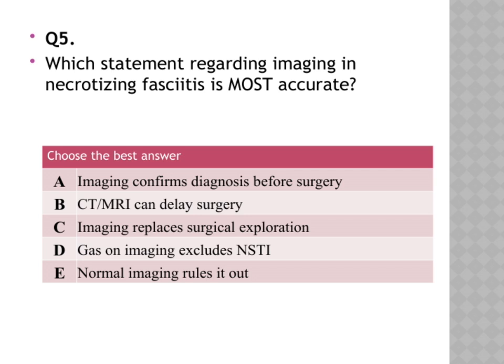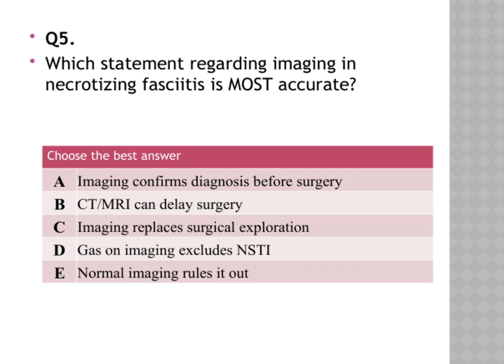Clinical judgment remains critical. Option B states that CT or MRI can delay surgery. This is important because, although imaging provides valuable information, waiting too long for imaging results can delay necessary surgical intervention, which could worsen patient outcomes. Option C claims that imaging replaces surgical exploration. That's not quite right. Imaging supports our assessment, but it doesn't replace the need for surgical exploration, which remains the